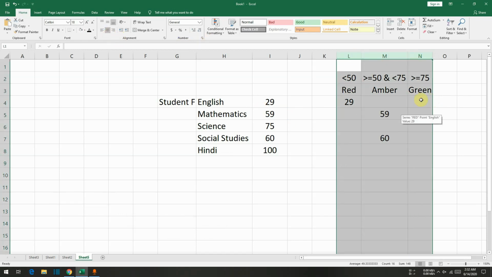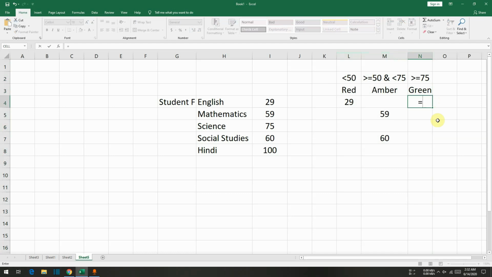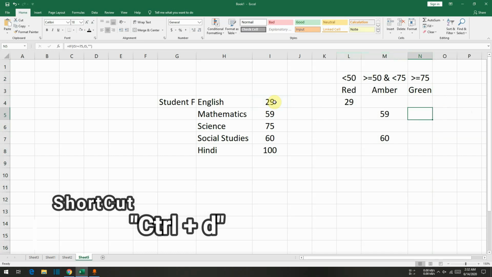Let me make it middle. Here, if this number is greater than or equal to 75, give me this number. Otherwise, give me blank cell. Enter.